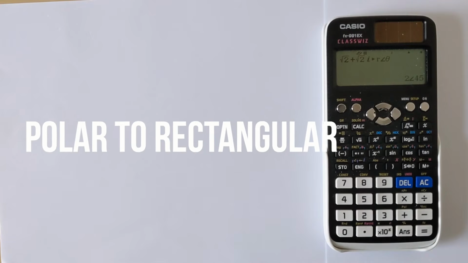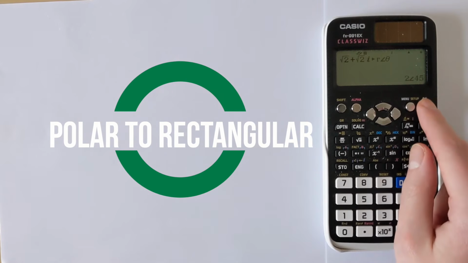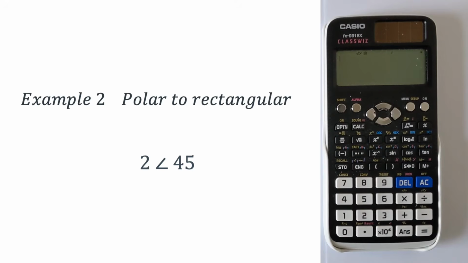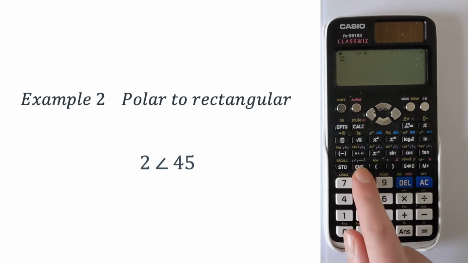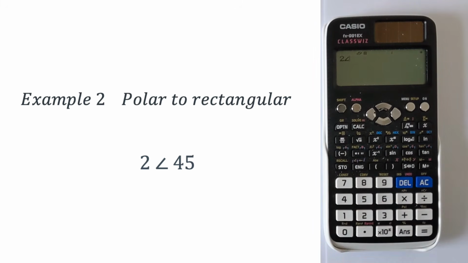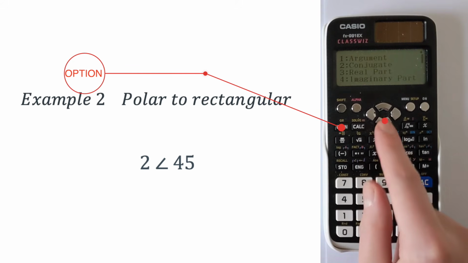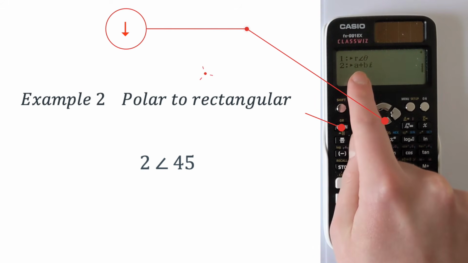If you want to go to rectangular form, you have to do it in a slightly different way. So we're going to enter a number in polar form. Let's just use a simple example and do the same one. So you're going to do 2 at an angle of 45. You press Shift, and then the ENG button lets you access the angle. Then we press 45. Then we need to go back into Option, press down, and then we've got this form